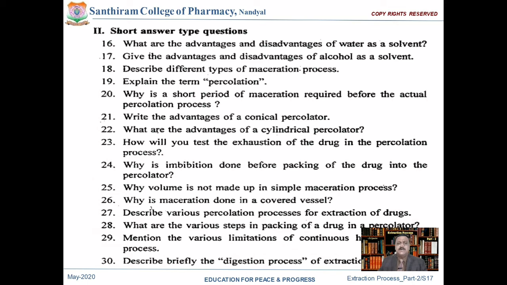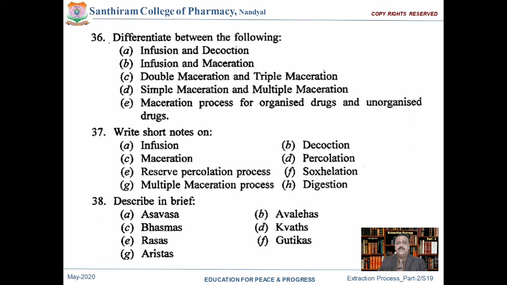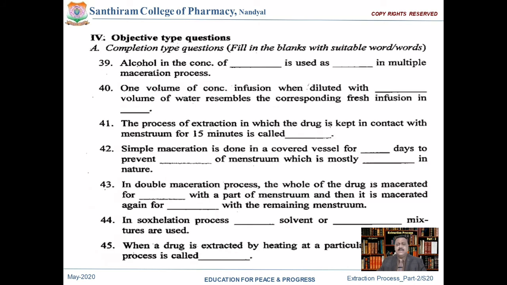The categories of these questions include very short answer type questions, short answer type questions, long answer type questions, a few multiple choice questions, a few fill in the blanks, and match the following, etc. Right? So there are around 46 questions, and I want you all to go through whatever explanation is given earlier in part 1 as well as in this part, that is part 2, and try to answer all these.